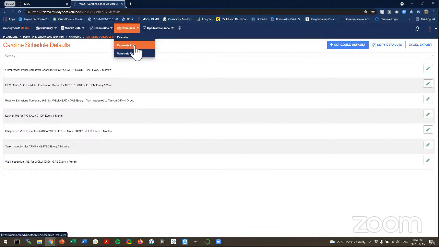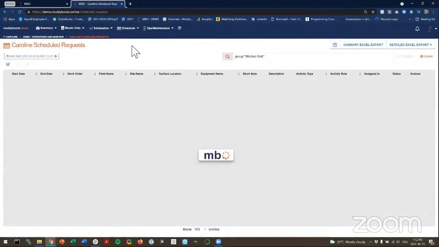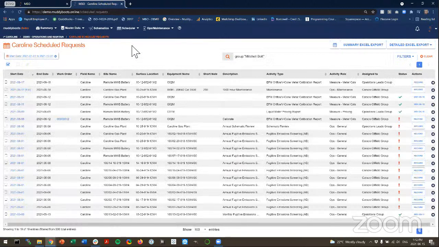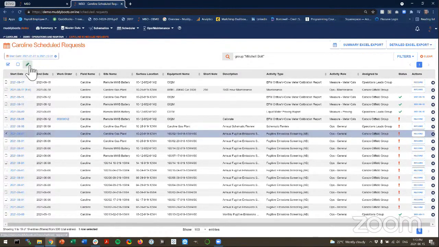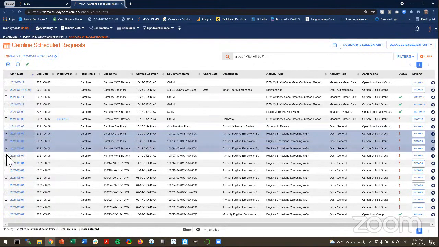So I'm going to go back to my request list, and all of those fugitive emission surveys should be there for the year. Right? Looking at our data table, we have a lot of overdue requests. And for those of you who may not have the administrative functionality or haven't used this yet, you can now multi-select on these annual items. So if I select one of these, I can go and edit,